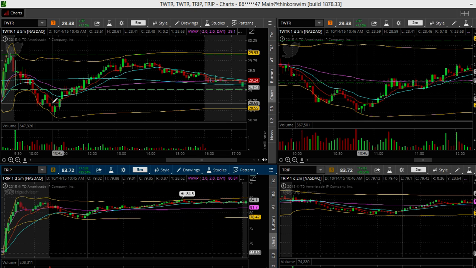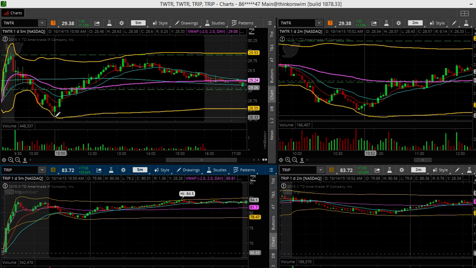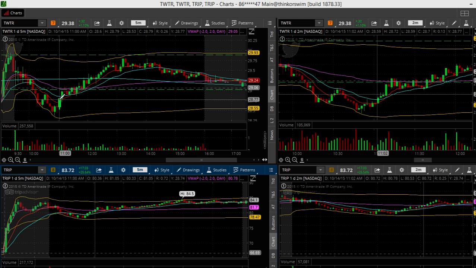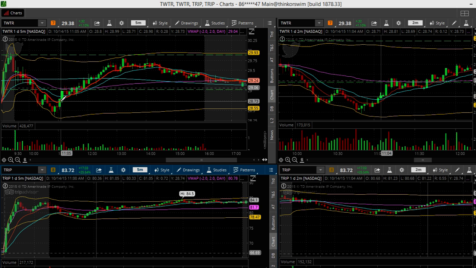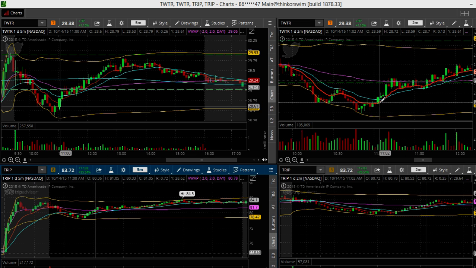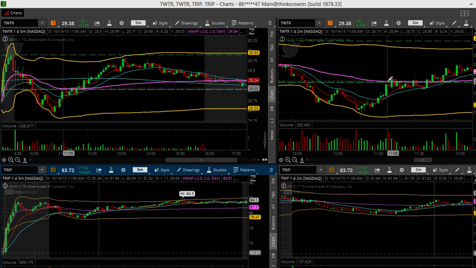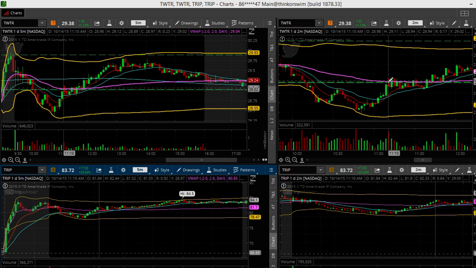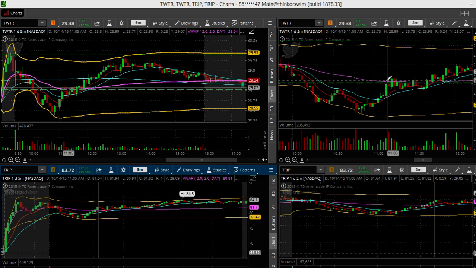Then probably around in here I got a call, had to get on a conference call, and was still kind of watching this because I really wanted to catch the bounce. And once this thing closed over or started to push the 9, I switched over to the 2-minute chart and got a good entry here and took the trade up to the VWAP. This candle printed, opened here, it ran up, and as it started slamming back down, I went ahead and took it off because whenever I have a profit target like this, I'm gonna go ahead and take it.